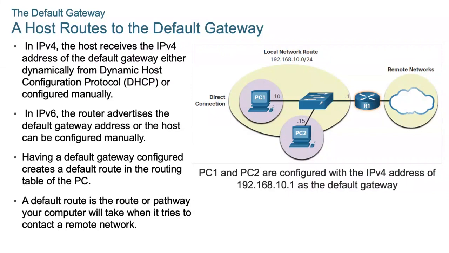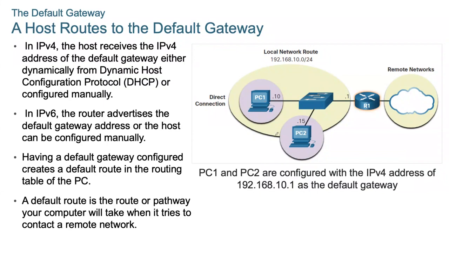Right? So here, the host routes via the default gateway. In this scenario, if you see PC1, it has a direct connection with this switch. In this local area network, they are using the IP address 192.168.10, and the last byte is used. Suppose 10 means your PC1, 15 means your PC2. So PC1 can send data to PC2. The packet goes through the switch and router and comes back to the switch, which is one way. If they are using the MAC address, the switch can transfer that packet directly